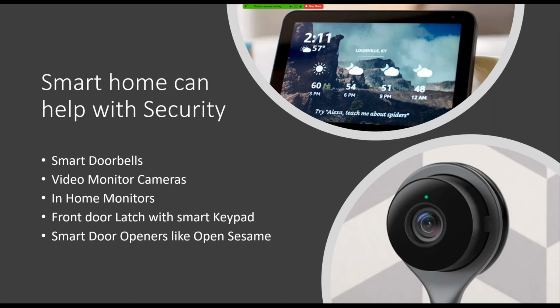Same with other monitors. Something like the Amazon Echo Show, on the top of the photo there, has a camera and a video, so it can allow an individual to have, say, a doctor's visit from the comfort of their home. For somebody who's maybe got a spinal cord injury, getting to a doctor's office is a pretty big task, whether you have an adapted van for the wheelchair or use public transportation. Something as simple as a doctor's visit can be an all-day ordeal, but with a smart device like that,